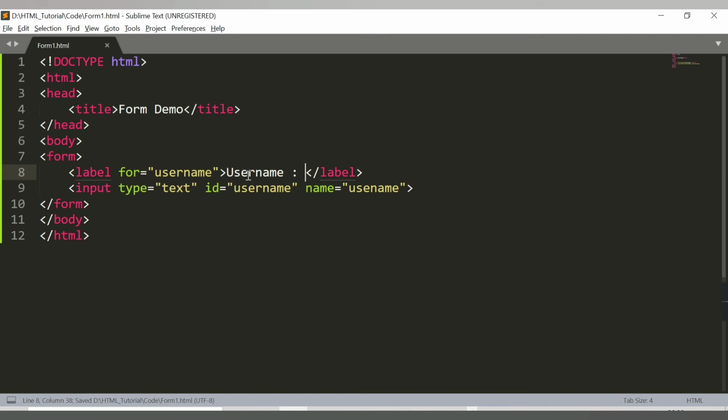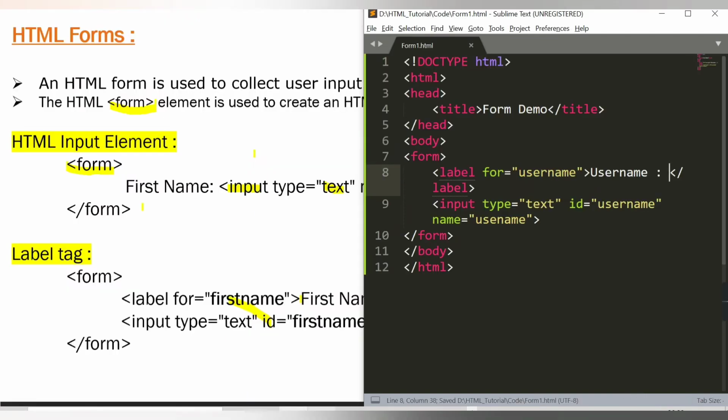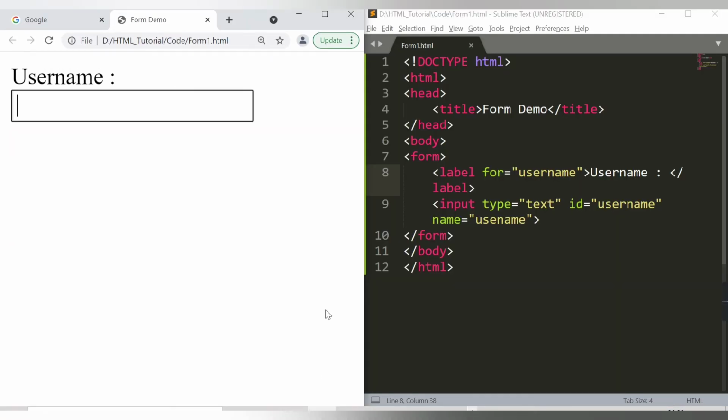Let me save this. Refresh. See, nothing has actually changed. We can also use that format only, but if you have many input types, then it will be confusing. So it is better to use label for all these input type fields.